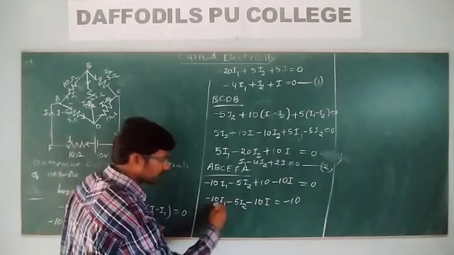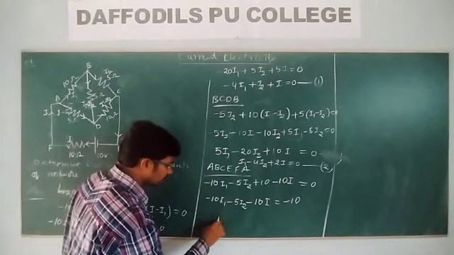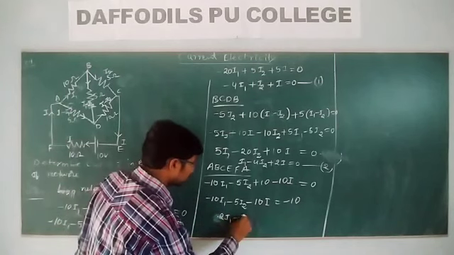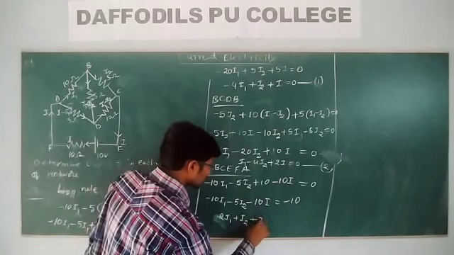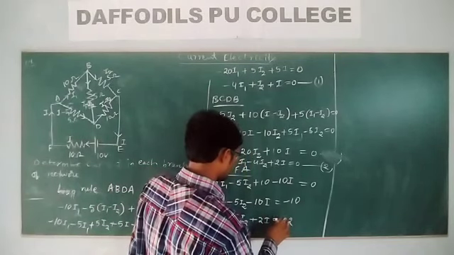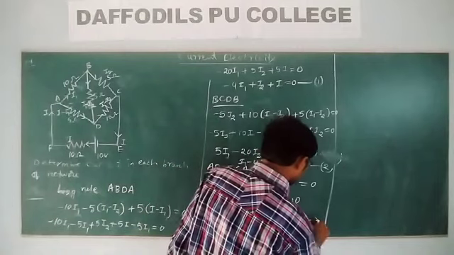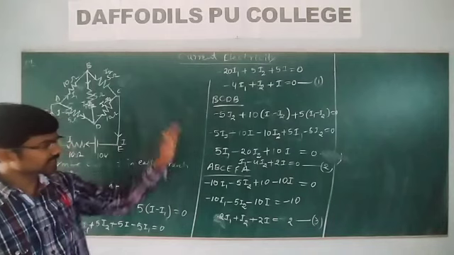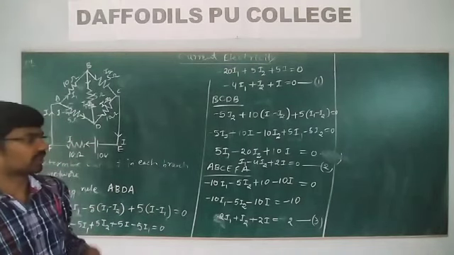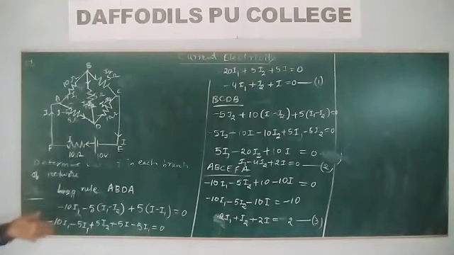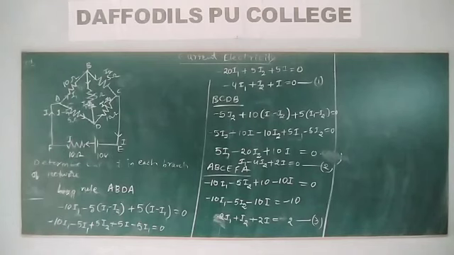Now what can we write here? When the negative sign is on both sides, it cancels. So 2I1 plus I2 plus 2I is equal to 2. Let us take this as the third equation. Now we need to get all the currents across this: I1 values, I2 values, and I values. Thereafter we can get the values for each network of the circuit.